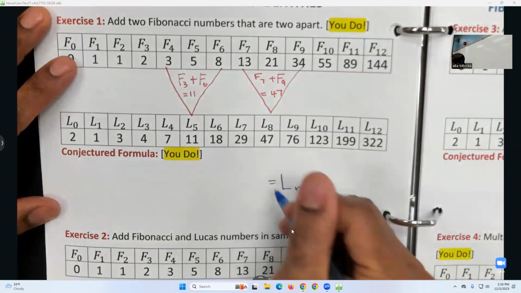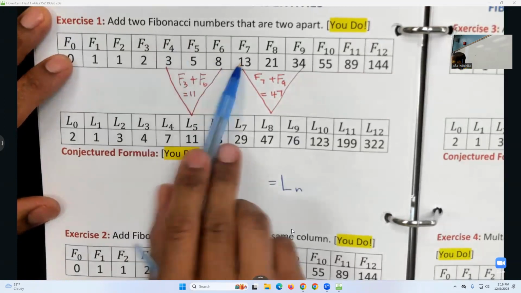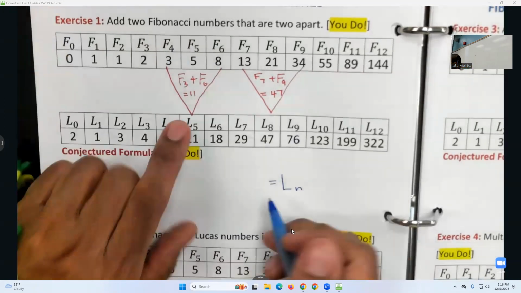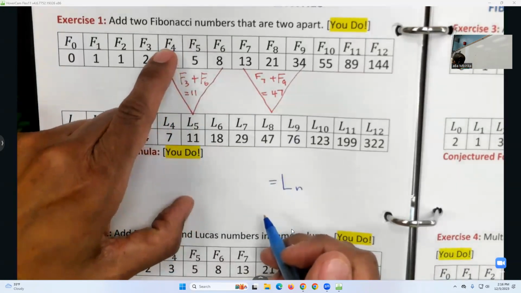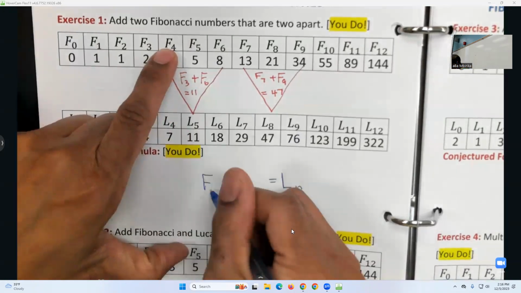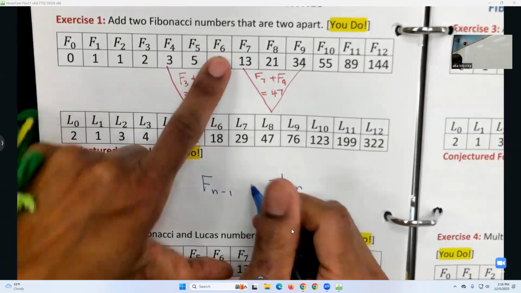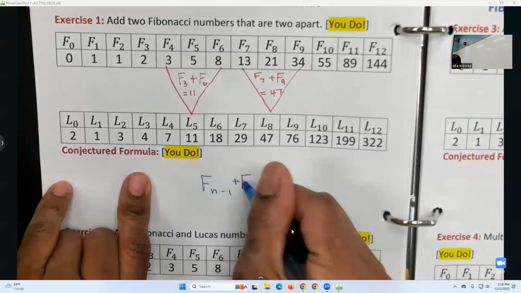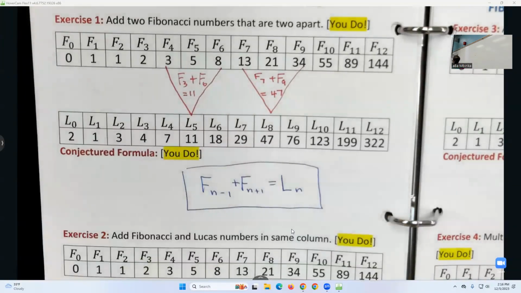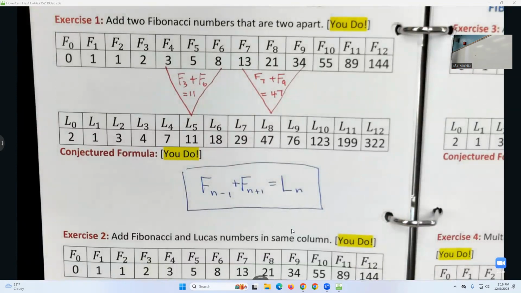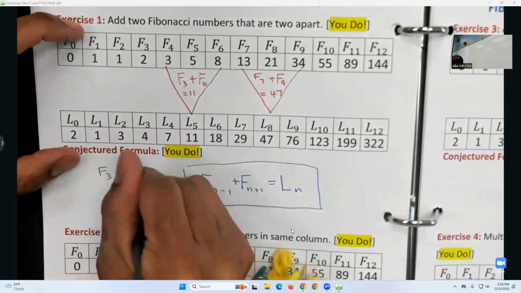If I have Ln, it seems to be the sum of a number to the left of it and a number to the right of it above in the Fibonacci row. So if I called this Fn, what would F4 be? That would be Fn minus 1. And if I called this Fn, what is this F6? That's 1 greater than n. So this would be Fn minus 1 plus Fn plus 1 is equal to Ln. Very important that you be able to understand, to do this, make this abstraction. To go from something like F3 plus F4,